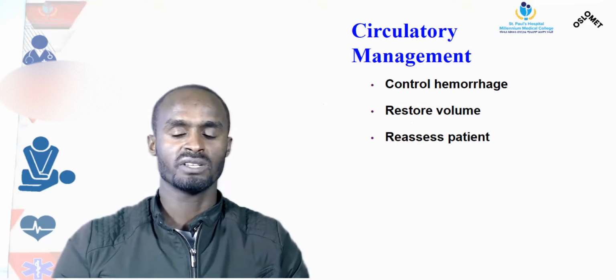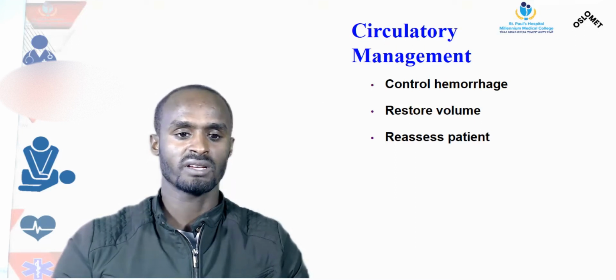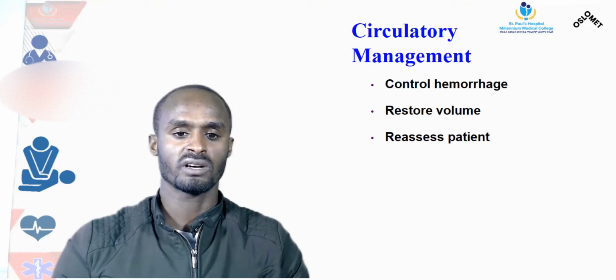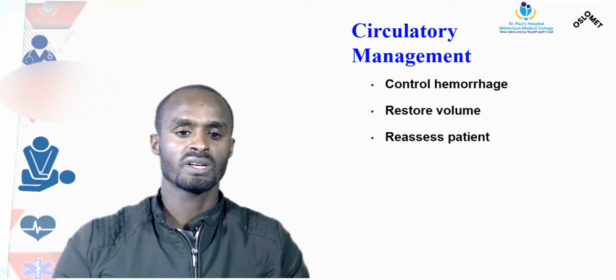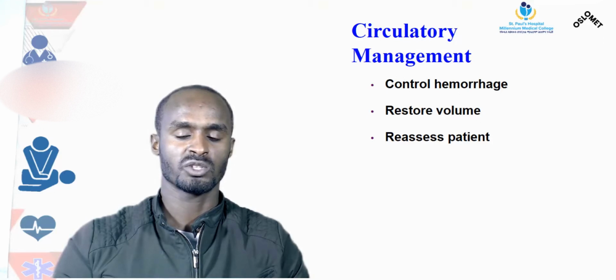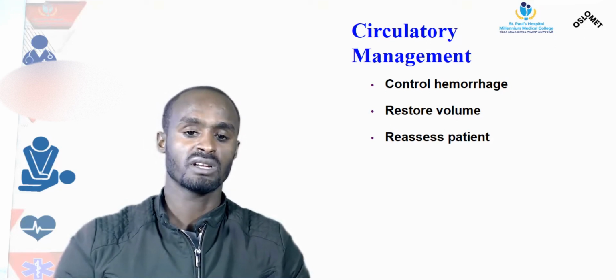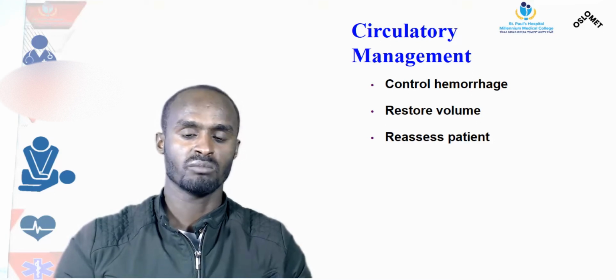If the bleeding site is external, we have to apply direct pressure and elevate the injured area. If it is not controlled through these methods, we have to apply a tourniquet carefully. If the bleeding is internal, it should be managed immediately with